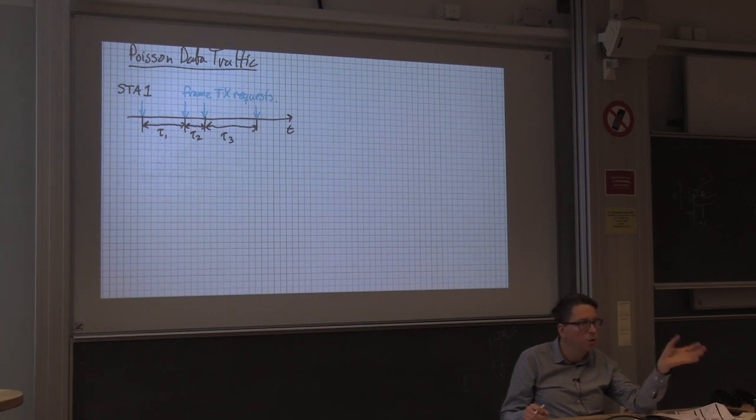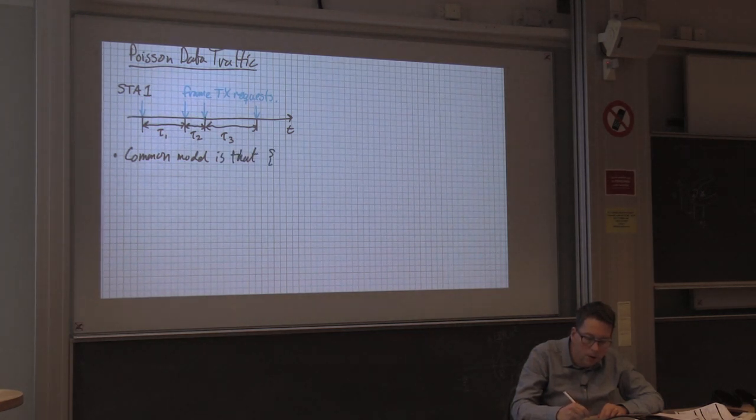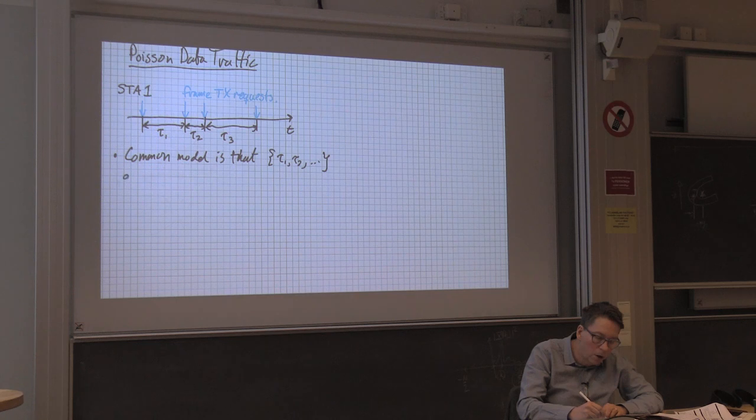Typically, it's exponentially distributed. So a common model is that these tau variables, tau 1, tau 2, etc., are all independent